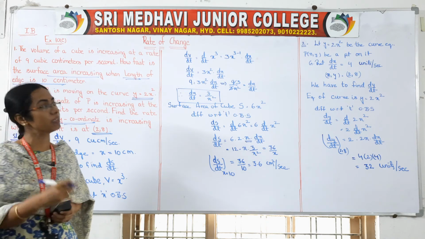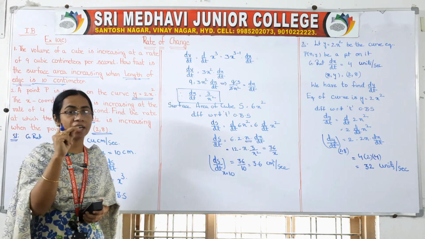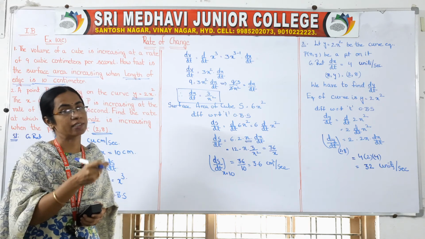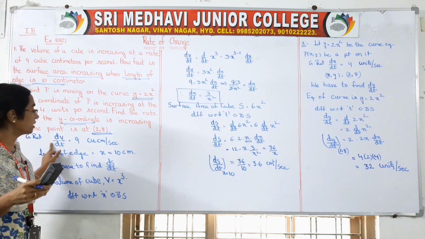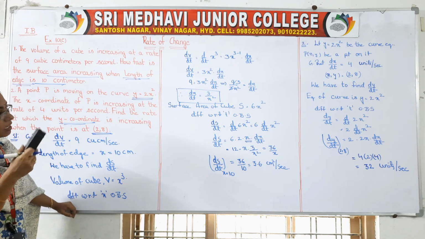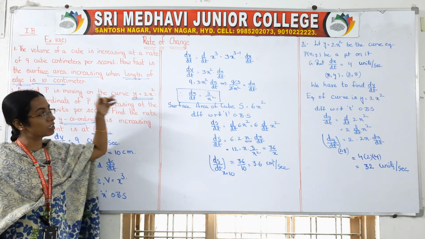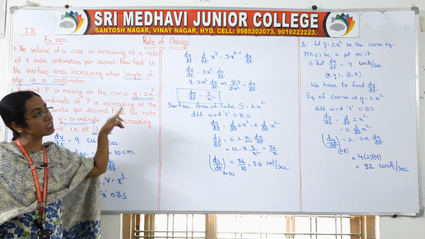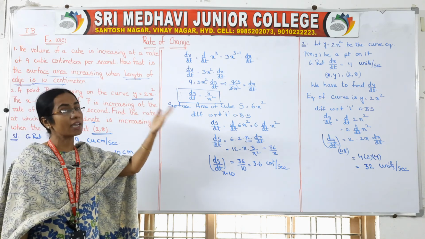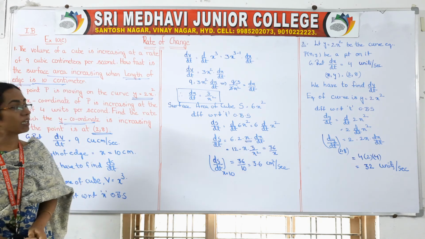But the thing is, don't do it fast. Read the question 2 times and write the given information correctly. That means the values 9, 6, 7. Here your volume is increased by 9 cubic centimeters per second. Like that, and the x value we should take as the length of the edge, 10 centimeters. So x should be taken as 10 in this case. There x should be taken as 2. The point is given as 2, 8. Our point's coordinates are x, y. So be careful while solving.